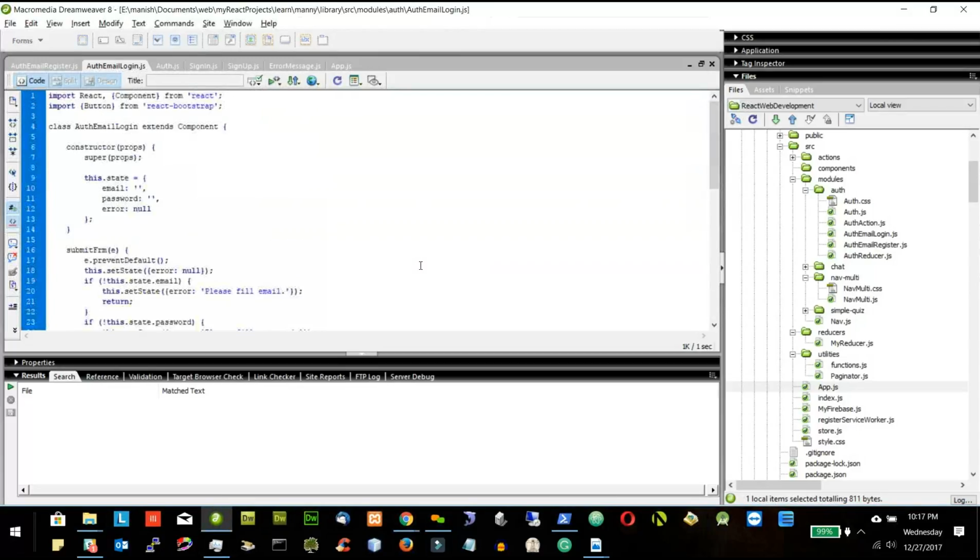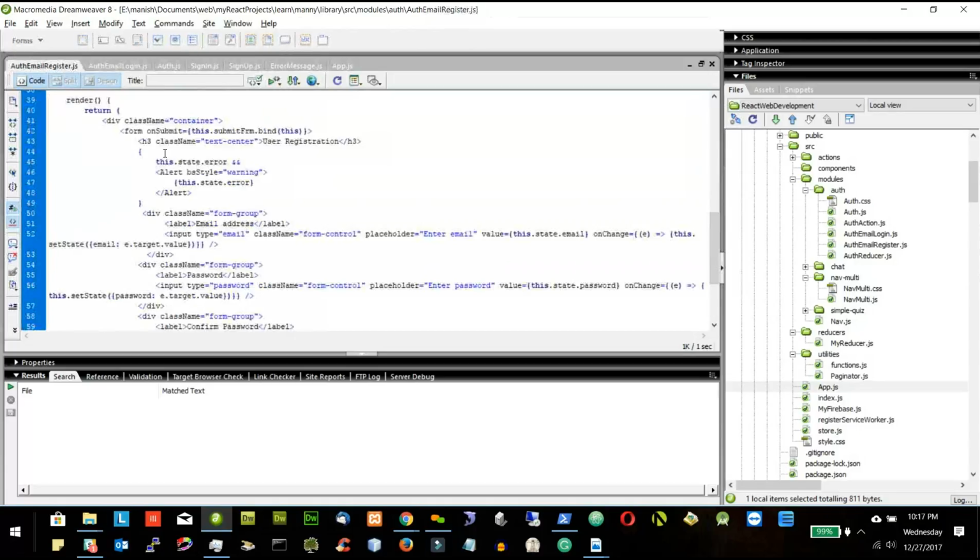Okay, so now we are pretty much done with the form page and the basic functionality. We are still not submitting to Firebase. We will do that tomorrow. So this is it for today. Tomorrow we will submit to Firebase, and